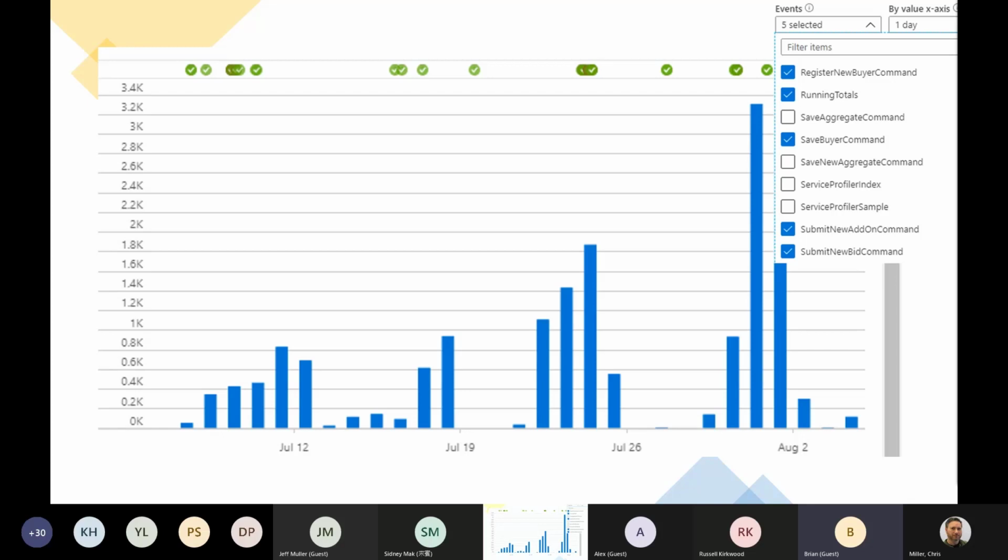Also, the green check marks up top are from Azure Pipelines. Every time we deployed to production, the deployment process actually told Application Insights, hey, I'm deploying to this environment. And so now we can see the change of our metric graphs onto a graph of how frequently we were deploying to the production environment. So if we did a deployment expecting the metrics to change and it didn't, well, that tells us something, and vice versa.